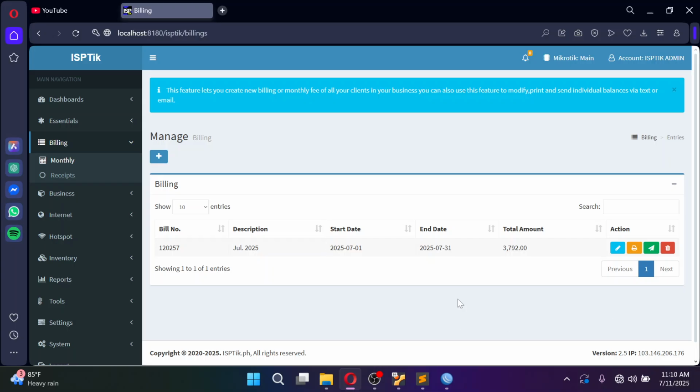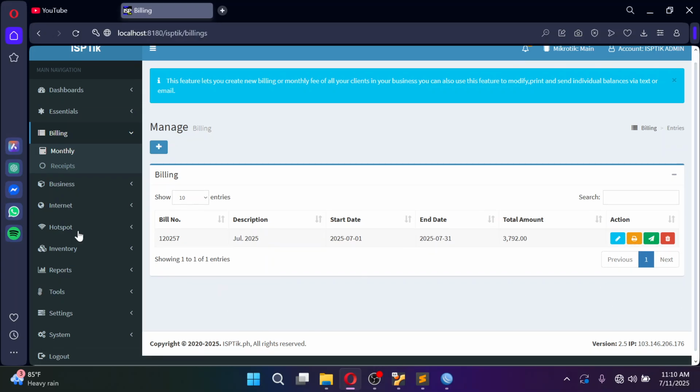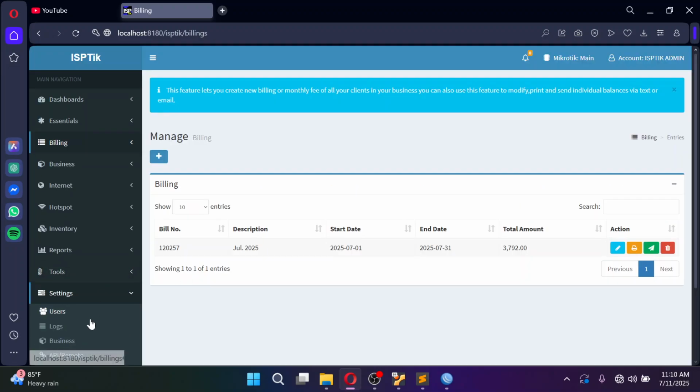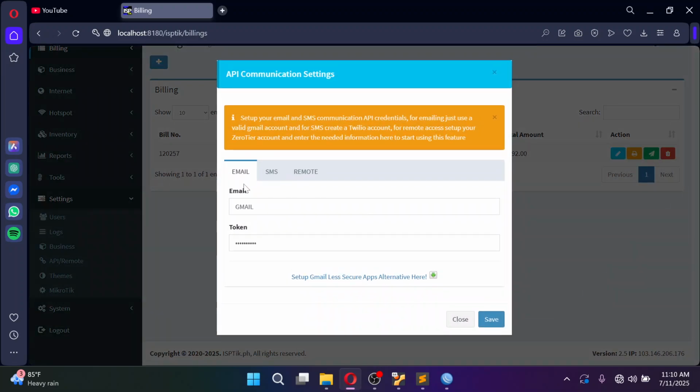This is my way of sending internet bills to my clients. But of course, you need to set up this one. You need to follow this tutorial on how to set up the less secure app alternative. I guess this is the term previously for integrating automated email by a third party like PHPMailer.